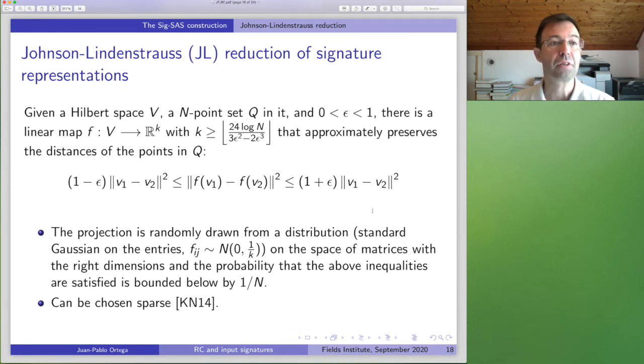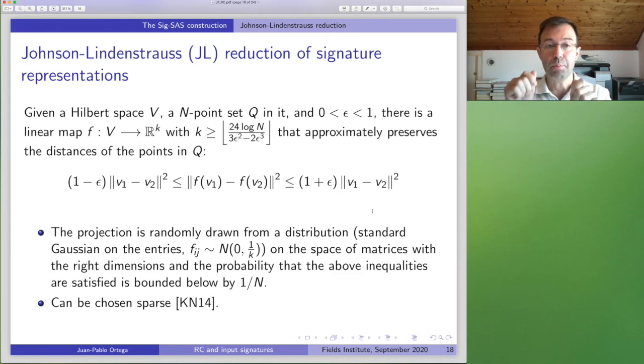So for those of you who never saw the Johnson-Lindenstrauss, this is one of the tools of choice when you are doing dimensional reduction in machine learning. And what this lemma, which should be called a theorem in my opinion, tells you is that if you take a Hilbert space, this is truly a Hilbert space phenomenon. You truly need an inner product, because you are using profusely the parallelogram identity. So if I give you a Hilbert space and you choose Q points on it,